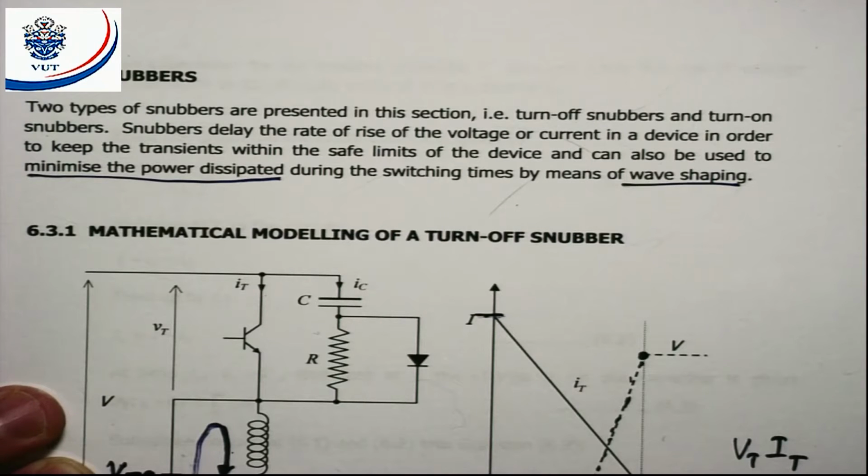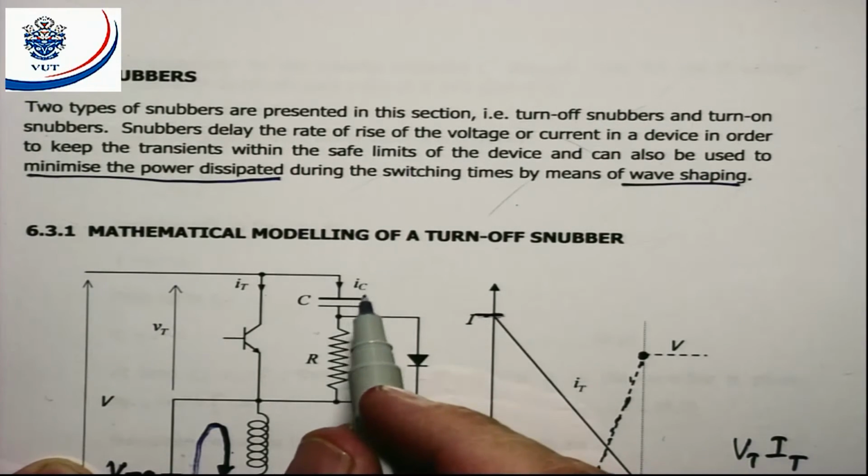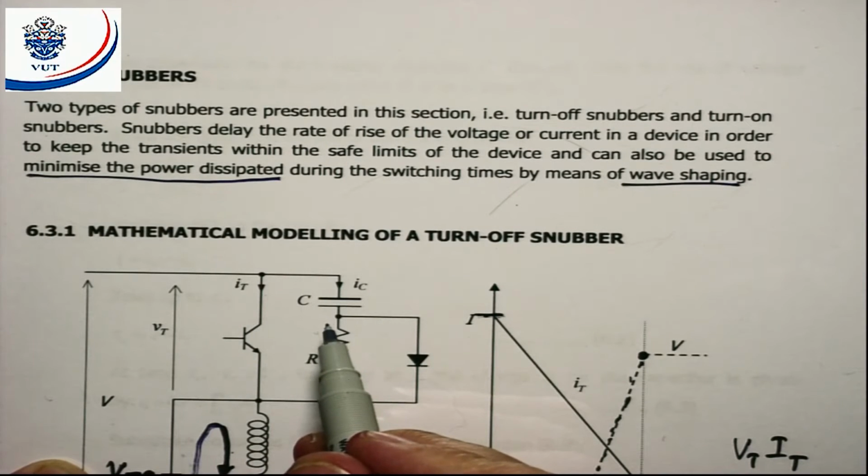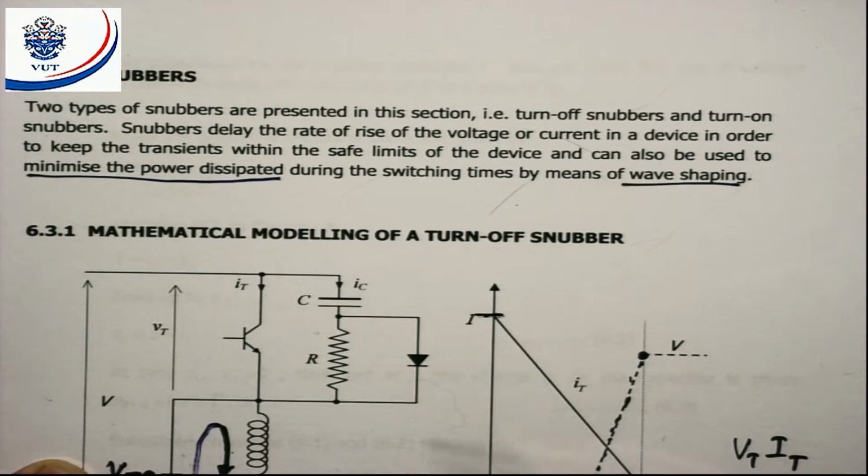If I can keep the voltage close to 0 until the current has dropped to less than 50%, then I can reduce the power to around 30% of what it would have been, or less than that. So that is the whole idea of designing a value for the capacitor, that it will be such that we will reduce the power dissipated in the transistor